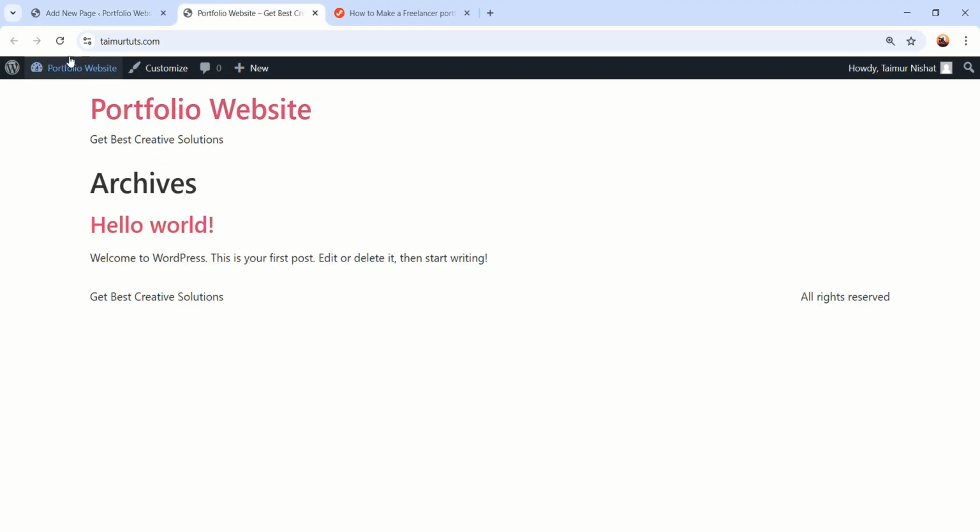But if we go to our front end website and refresh, we cannot see the home page here. Instead we see a random post. But we have to show our home page on our front end website, right? So if anyone visits your website, they're able to see the home page first. So for that, go to the